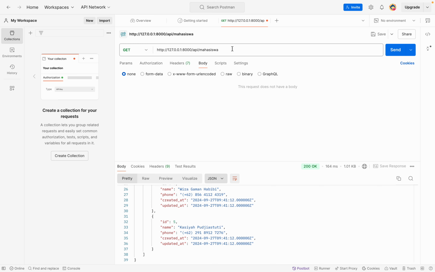The first is maybe post, and then for this raw, and then text is JSON, is correct.